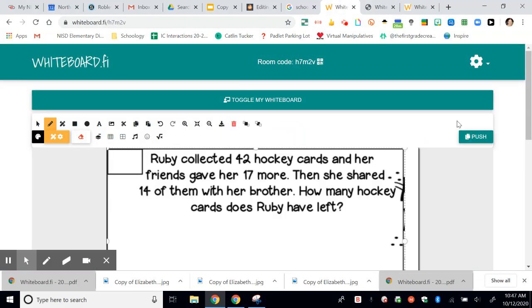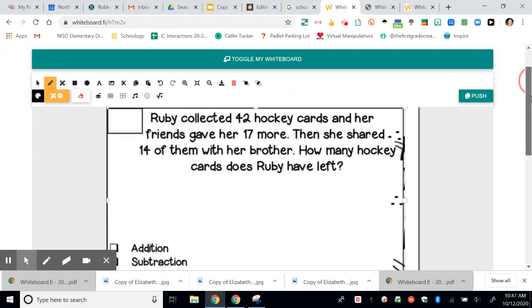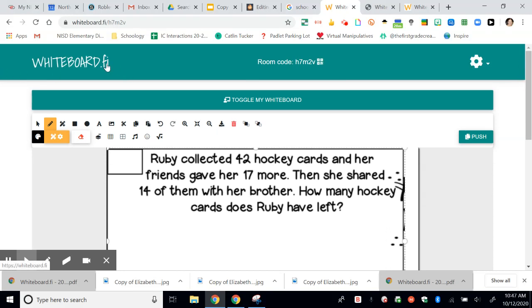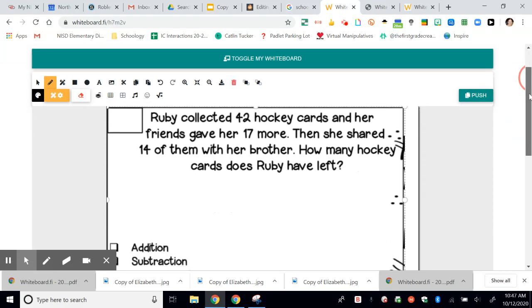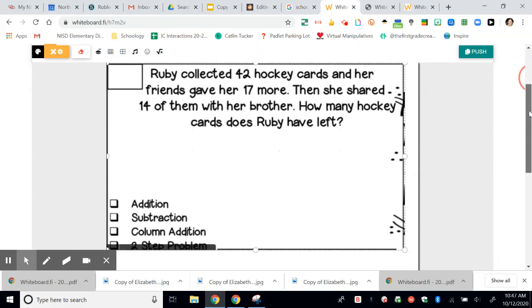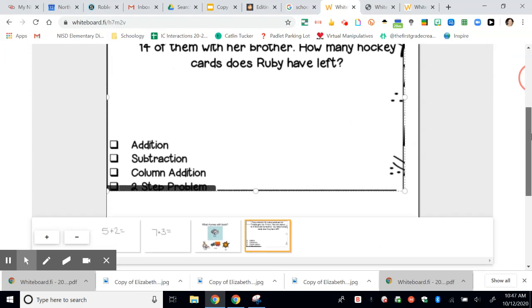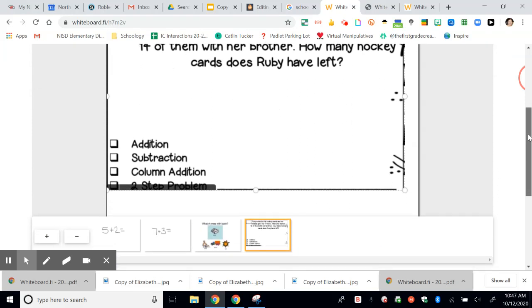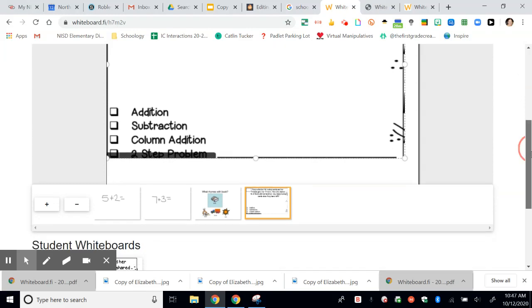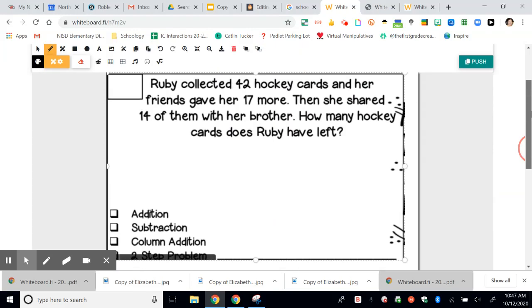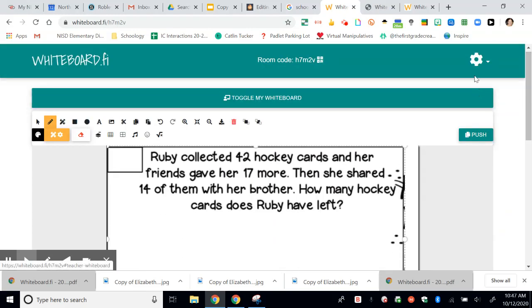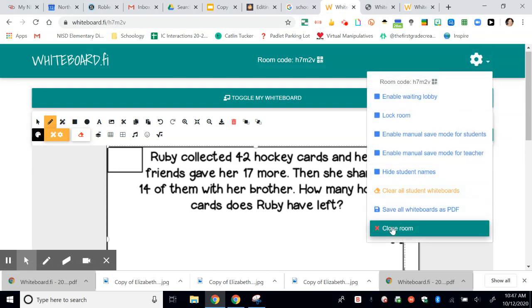So this was a little overview of how you might use Whiteboard.fi. Again, I think it's really great to use within your Zoom. You can have all your kids showing you what they know, especially during that math spiral review or during guided reading time. When I'm done with using my whiteboard, I can go ahead and close the room, and then my